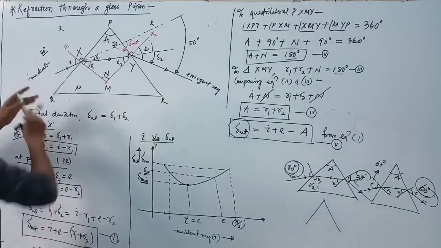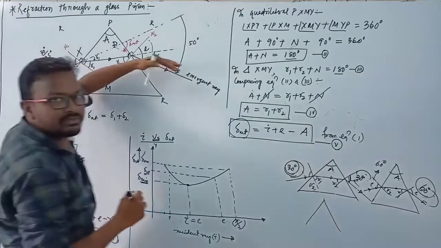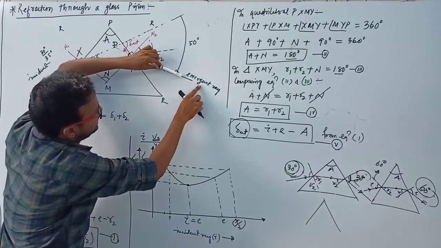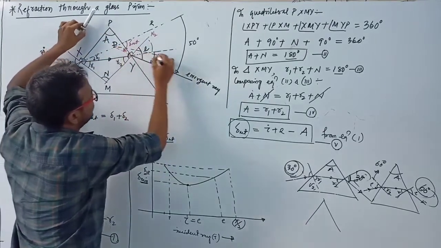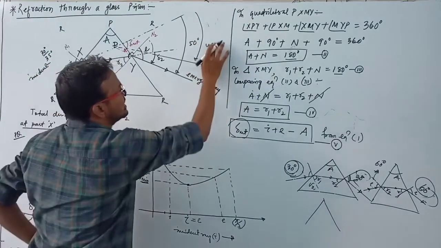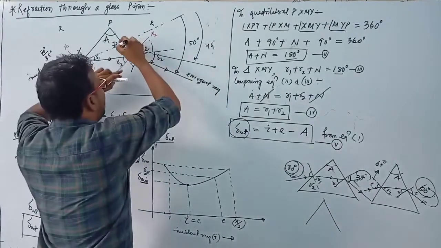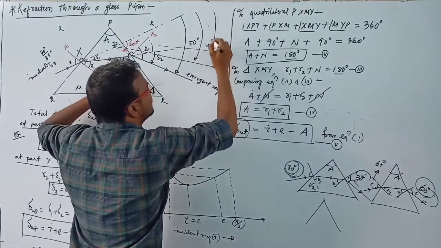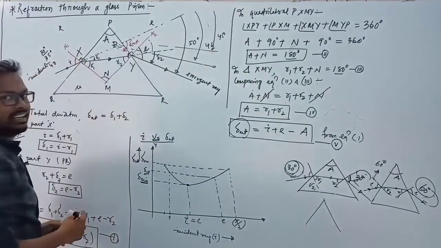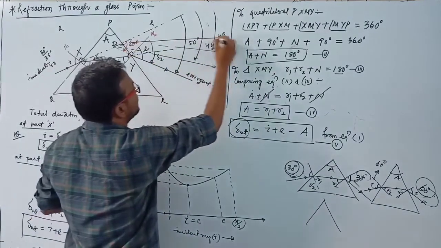Now if we again increase the angle of incident, suppose to 35 degree, then the deviation now decreases. The deviation was first maximum at 50 degree, and then it decreases, that means we get the deviation in this direction, and the angle now decreases. Suppose this angle is 48 degree. If we again increase this angle, suppose to 40 degree, this angle also decreases, suppose to 45 degree, and as we increase the incident angle, the angle of deviation decreases and comes to a final